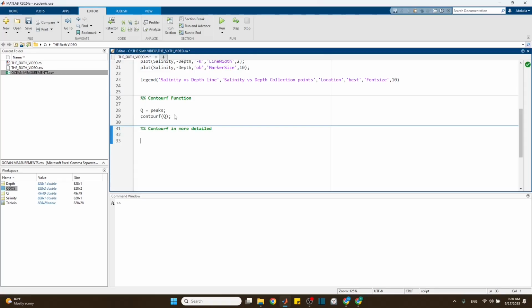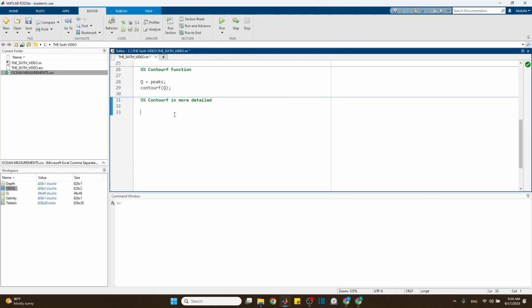As I said, contourf does represent 3D dimension on 2D, right? So 3D dimension: x-axis, y-axis, z-axis. So in order to be 3D, right now we have to create x, y, and z before actually plotting contourf. So let's create the x-axis, linspace,